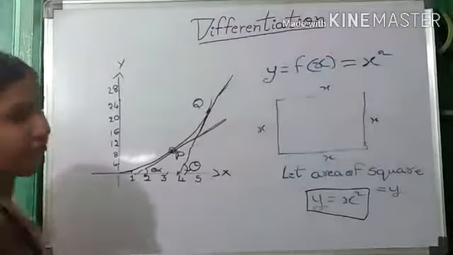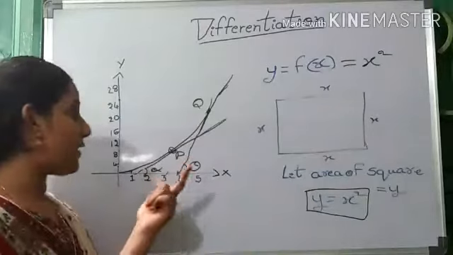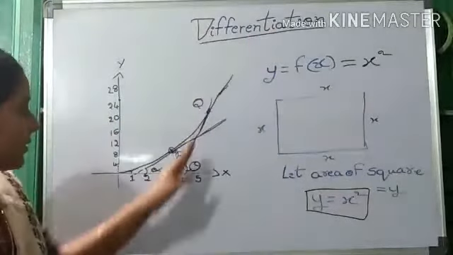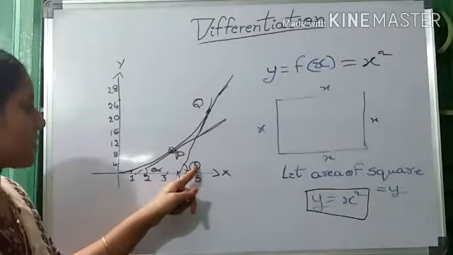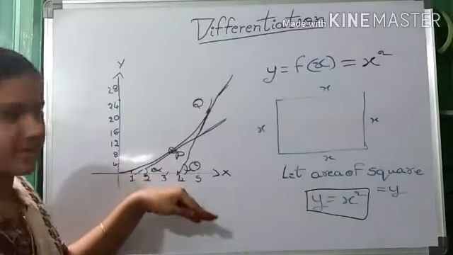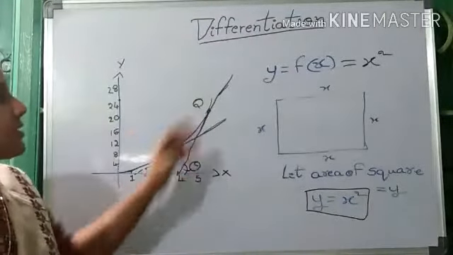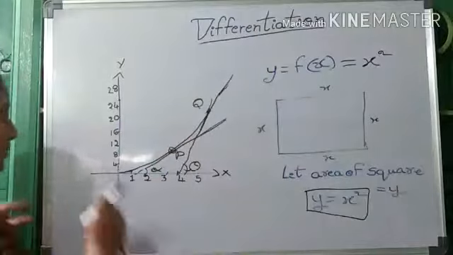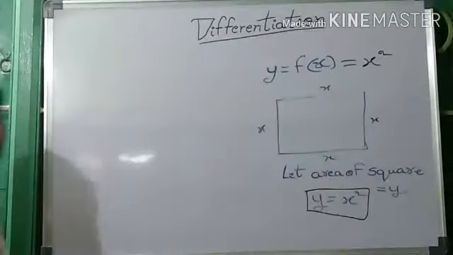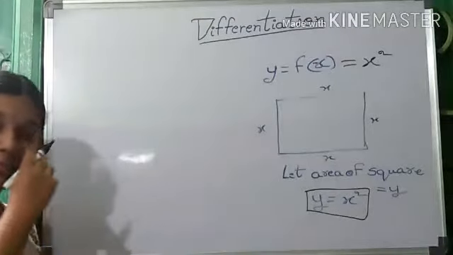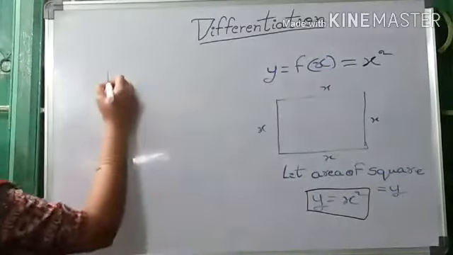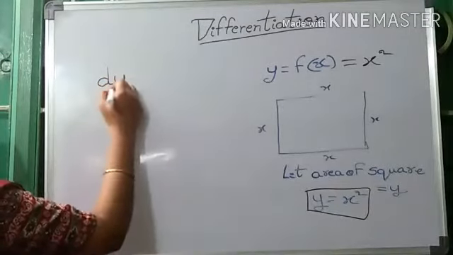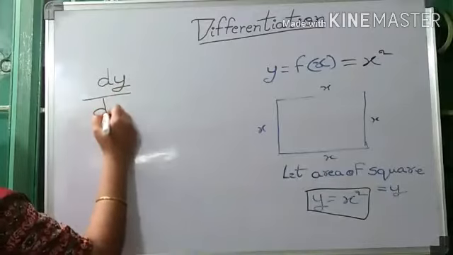So, how can we find the slope at a point for the curve? We cannot always draw a graph and check the angle between the tangent and the x-axis. So, we use differentiation for this purpose. The slope of the graph at that point is given by dy by dx, that is, differentiation of y